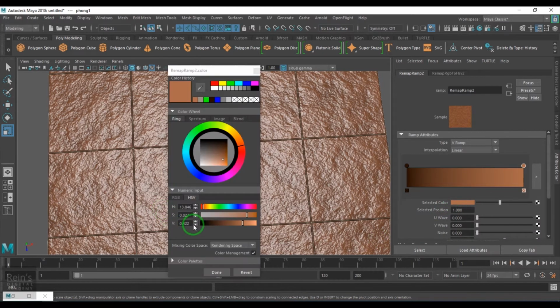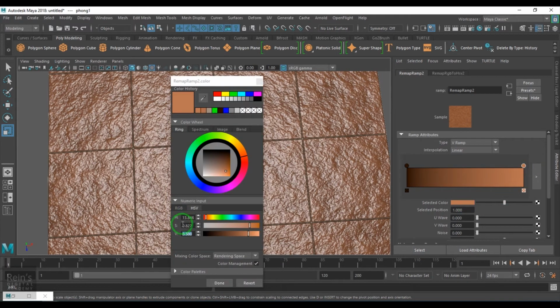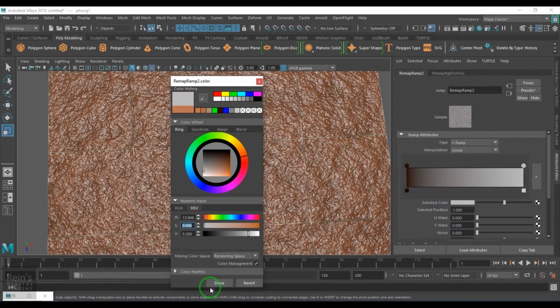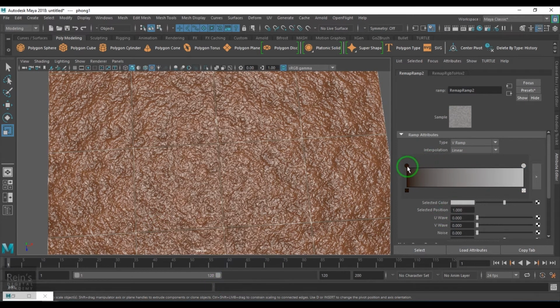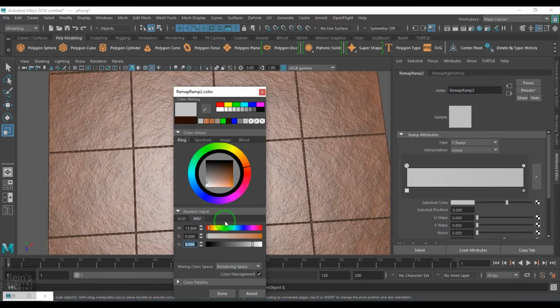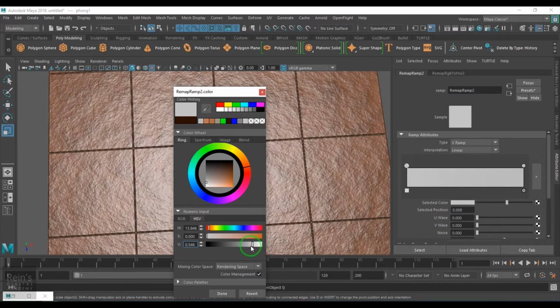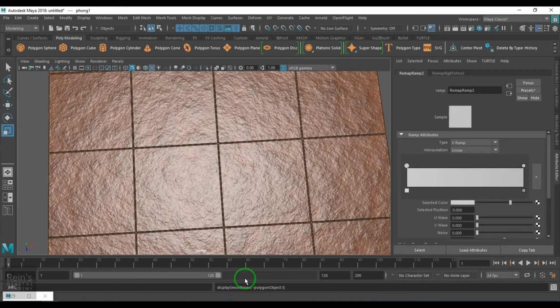So I'll change the value of this one to 0.5 and saturation to 0, and this one to 0 and 0.55. Okay, and now